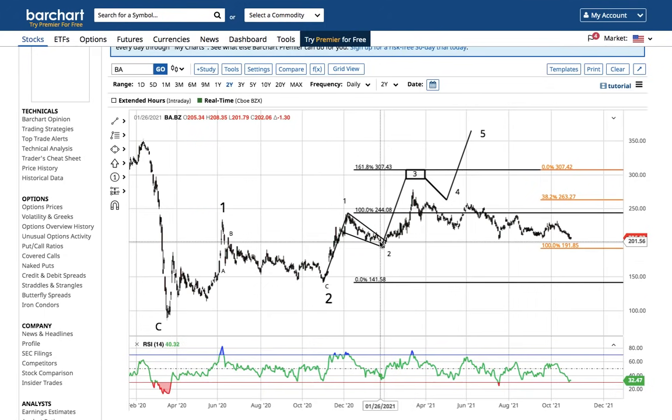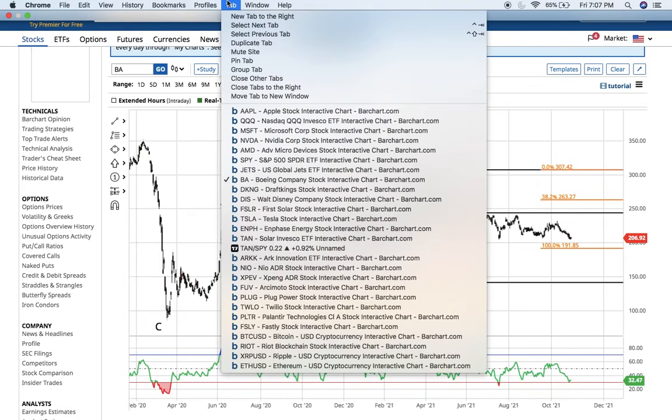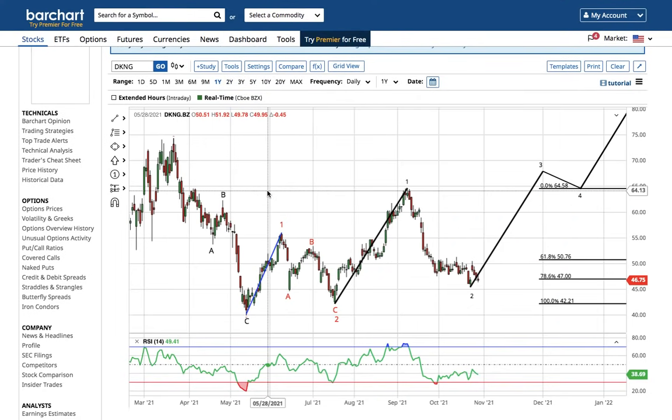It really lines up with the idea we're seeing from the airline ETF that the next time the oil stocks all thrust up together, they're not going to leave the airlines behind this time. Normally you see the oil stocks lead the airlines. I think this time we're going to see the airlines actually outperforming the next time the industrials and the materials sectors take another leg higher. So I like the JETS ETF. I like Boeing too. DraftKings is a reopening stock.